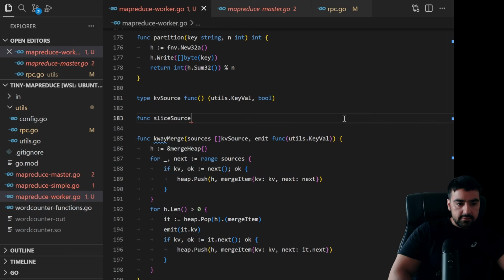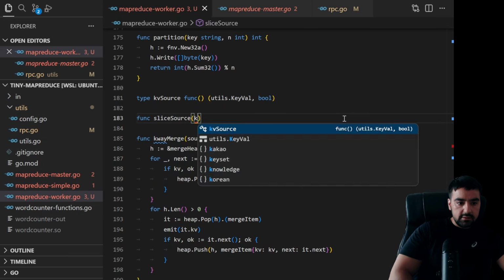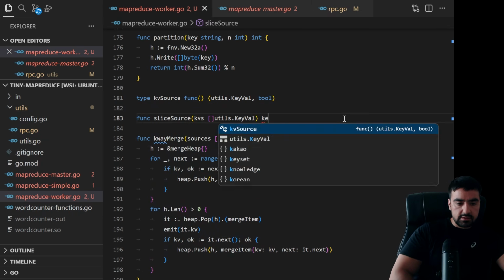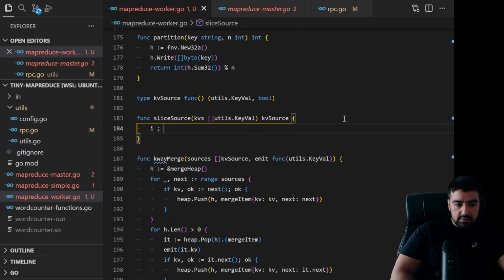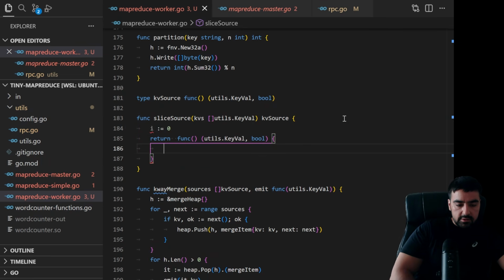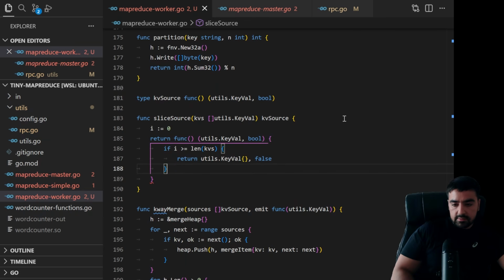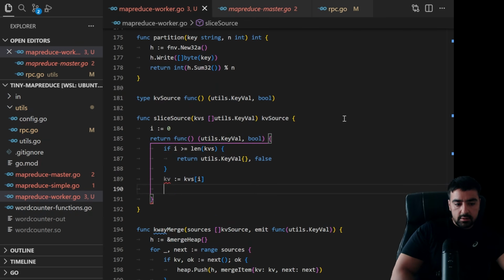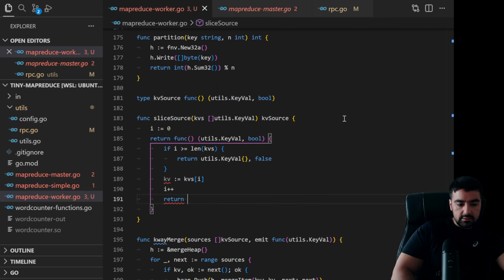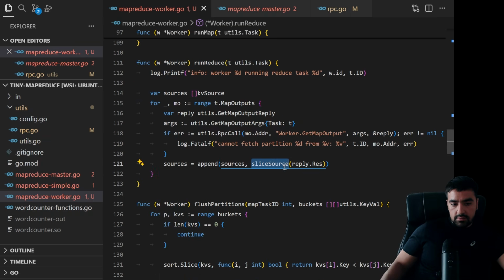So our slice source function is going to receive the key values, which is a list of key value, and return the key value source. So I'm going to initialize an index here. I'm going to return a function. So we're going to increase our index until we hit the length of the key values. If we hit that, we're going to simply signal that the source is finished and return ok as false. Otherwise, we're going to get that element and return it. Increase our index and return the key value that we find, and also true to go to the next element. So again, returning the result coming from our network call to the same interface